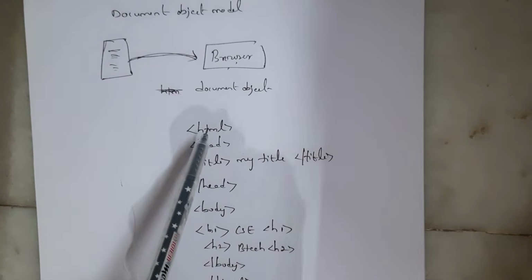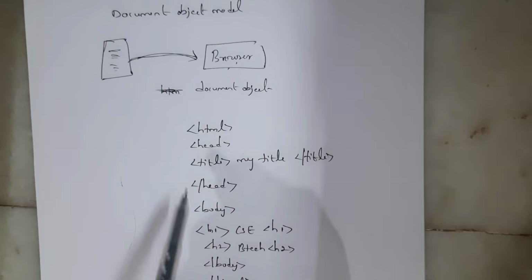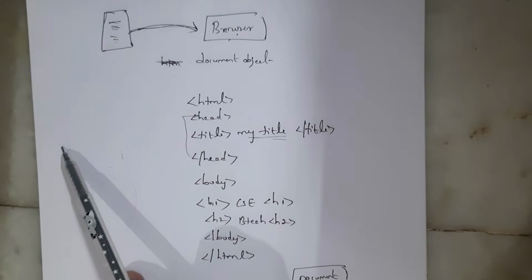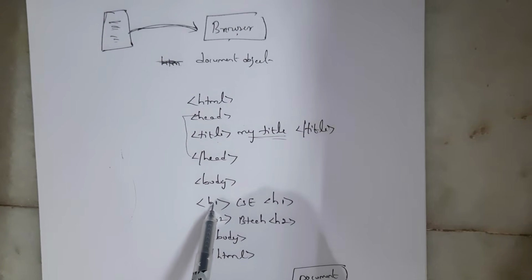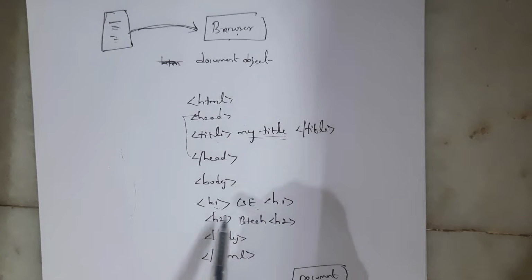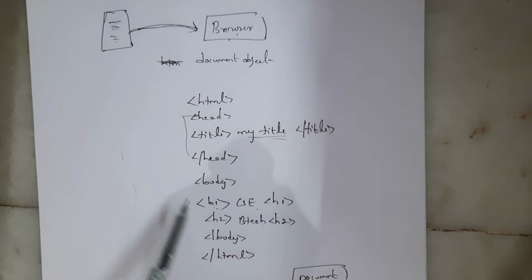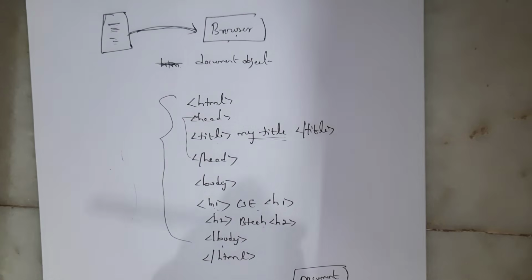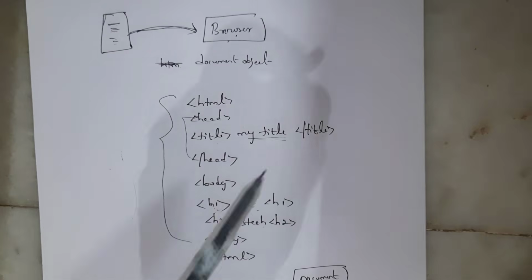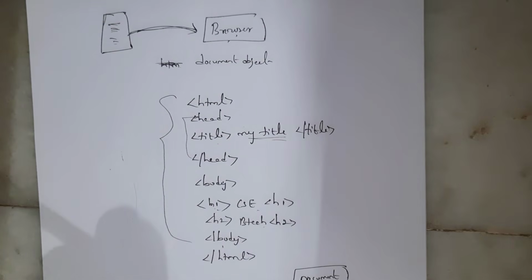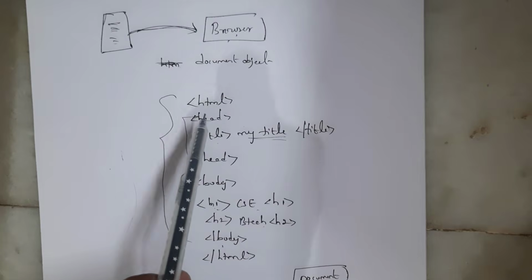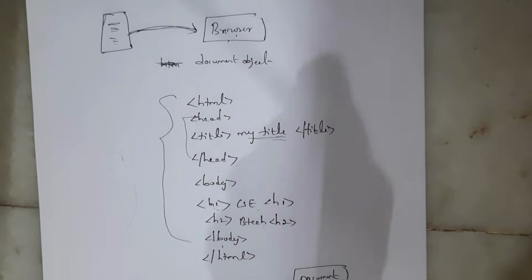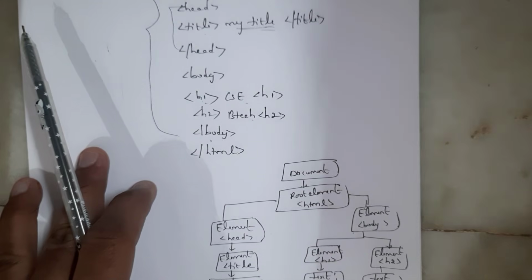This is a program. I took HTML. Inside HTML, I opened the head tag. Inside head, I gave the title as "my title." Similarly, inside body, I took H1, that is heading 1, as CSE and heading 2 as BTech, and I closed the body tag, and at last I closed the HTML tag. This is a small program which I have written. If you want to represent this program in the form of a tree structure, we use the Document Object Model, where these tags are known as elements, and whatever text you have written in between these tags is known as text. This is a tree structure.